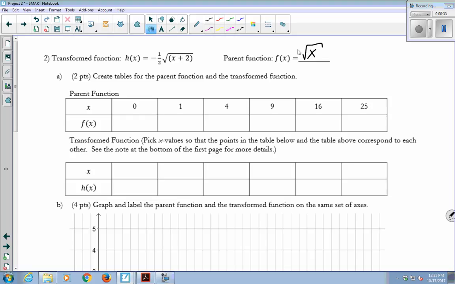So I'm just going to plot some points on the square root of x by making an xy chart. I've given you some x values, and the y values are just the square root of them. The square root of 0 is 0, square root of 1 is